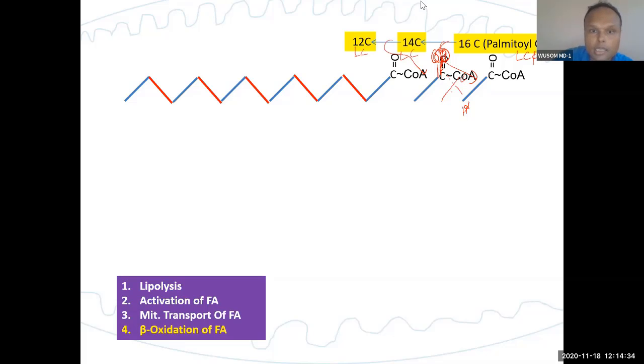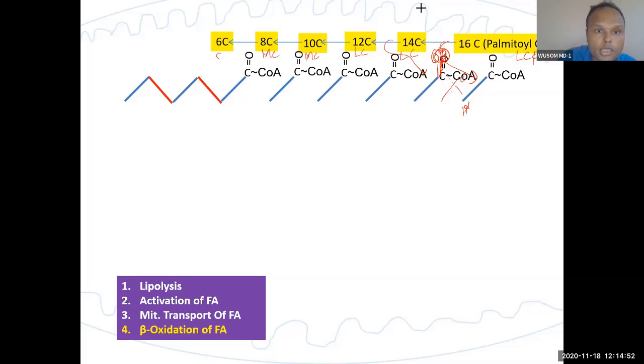Now after that, this fatty acid becomes 10 carbon. This is a medium chain fatty acid. Now the next, another enzyme will act on it. This medium chain, again 8 carbon, will lose more and become a short chain fatty acid. Another type of enzyme will act, we'll talk about that.